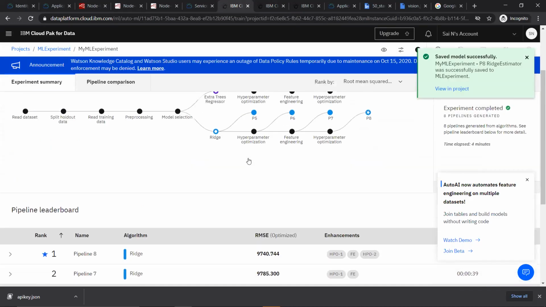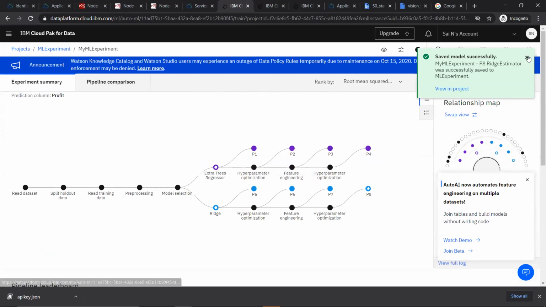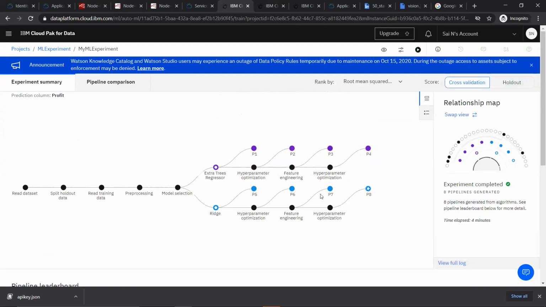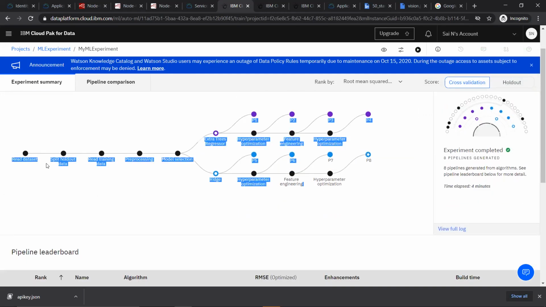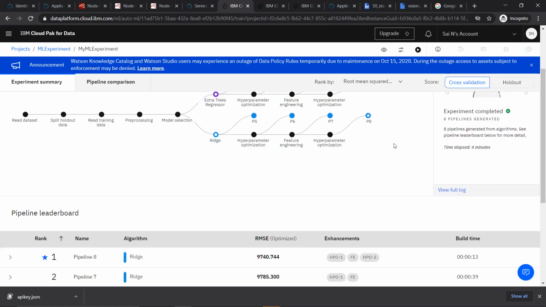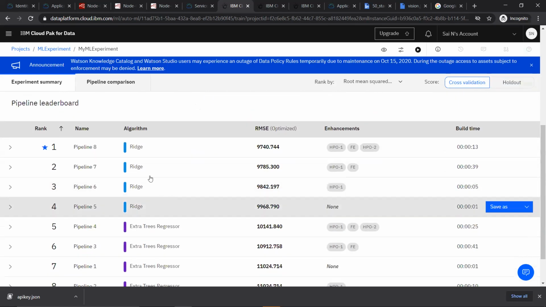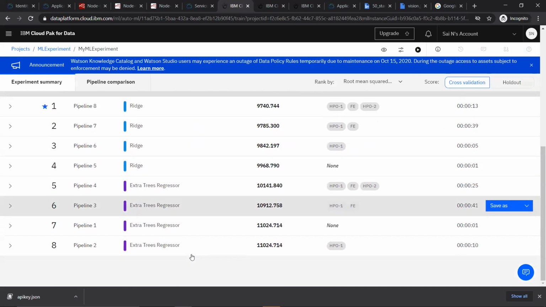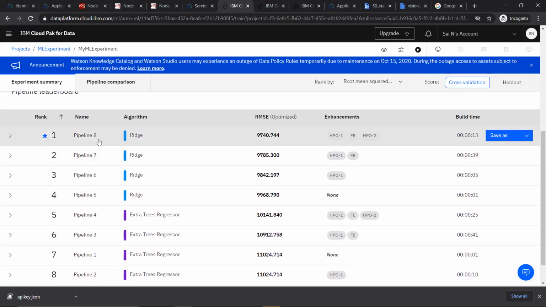Okay, so here you have trained your model. I told you, right? So here what is happening, out of all the models which it built, it found the best model to be this P8 pipeline, the model which was coming from the P8 pipeline. So it gave a star there. If you see, it has given a ranking of the models. It says the ridge model is the best one.